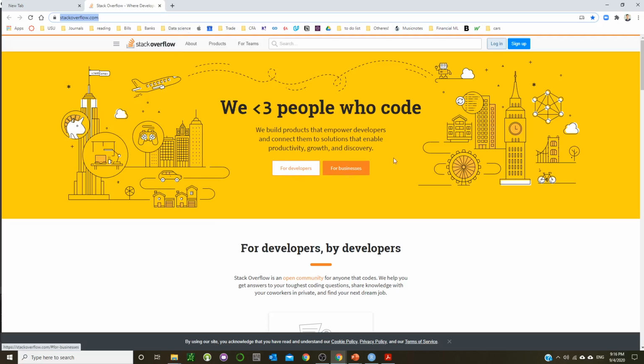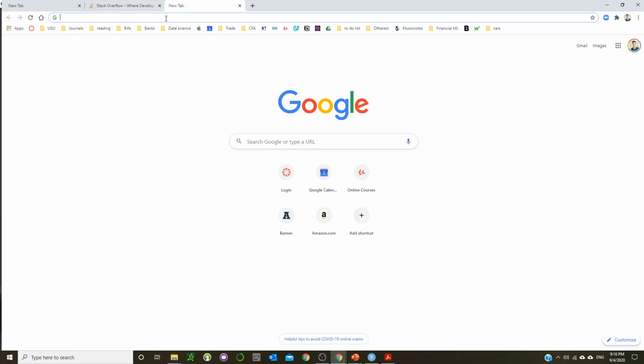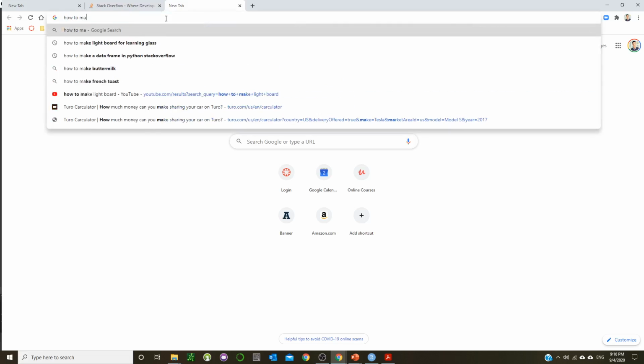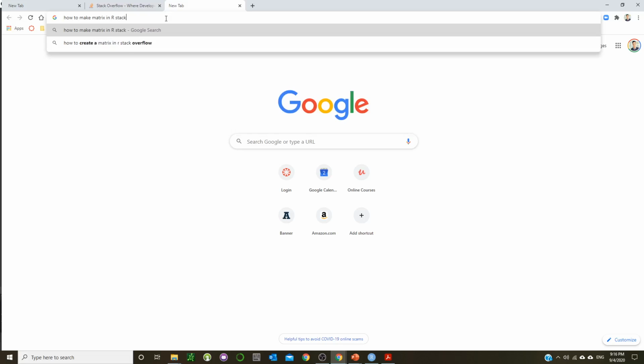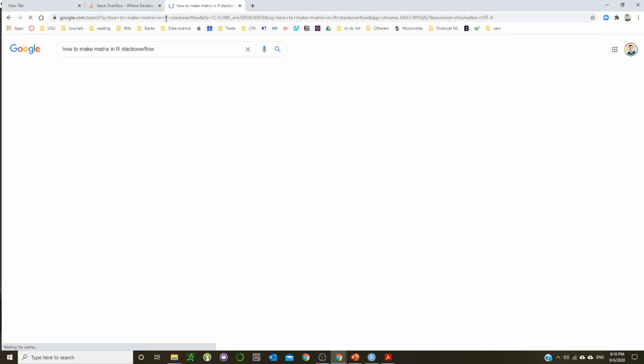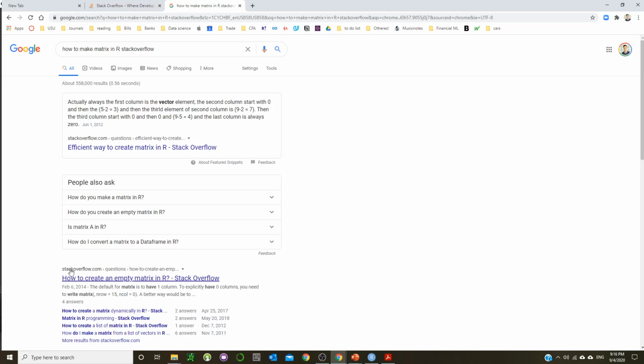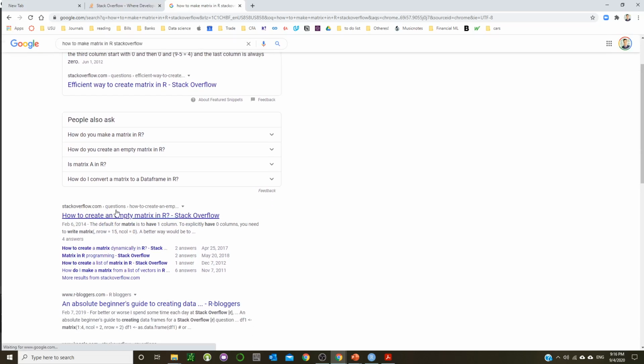So this is a community of coders. You don't need to have an account, but basically, this is how it looks. Let me show you how I deal with something that I don't know when I want to code. If you don't know anything in coding, for instance, how to make a matrix in R, then just write Stack Overflow. The first link most probably is going to be something from Stack Overflow, and this is